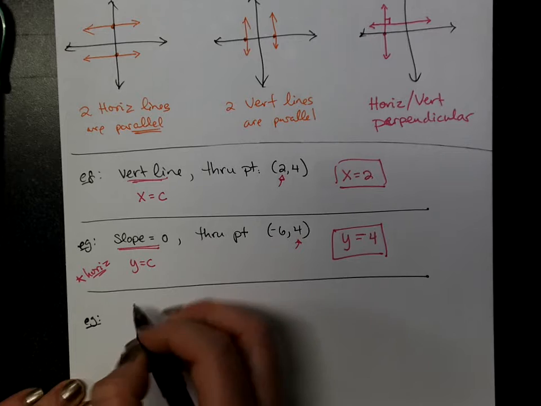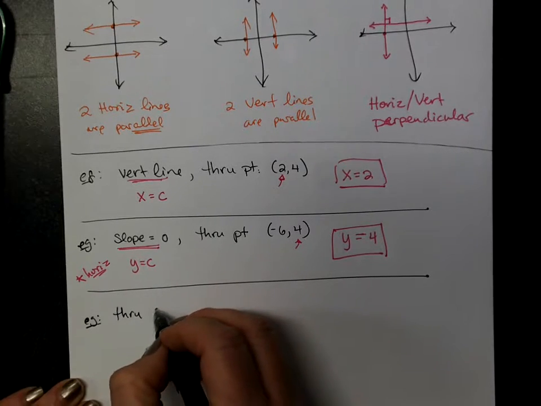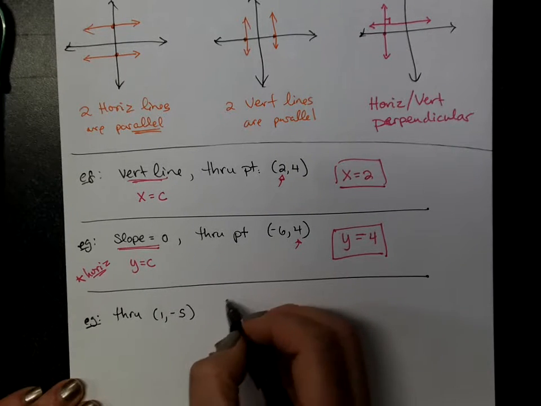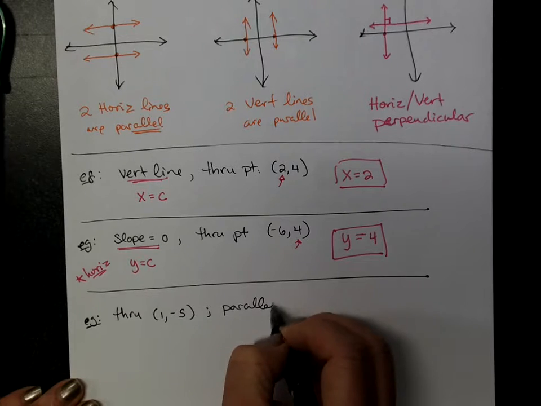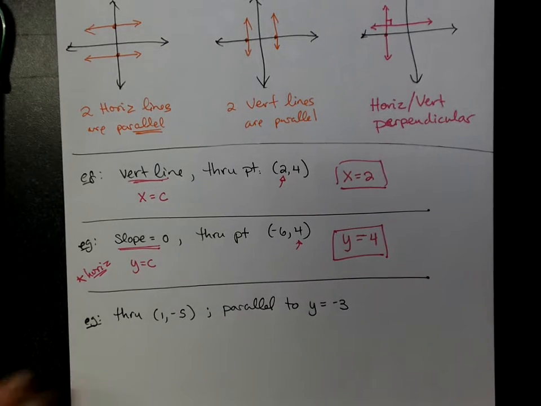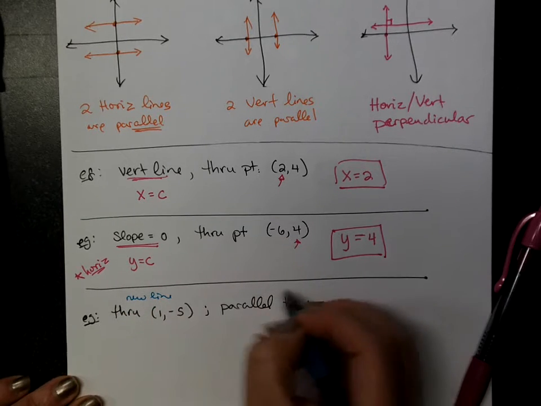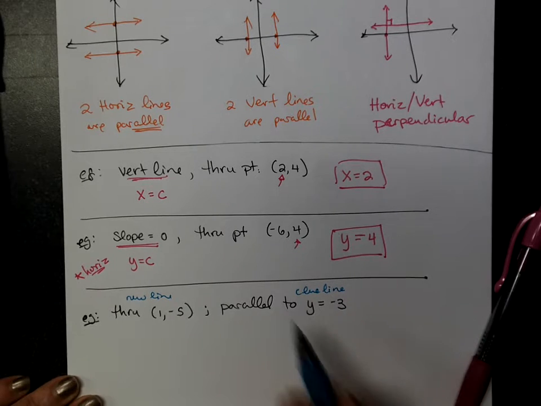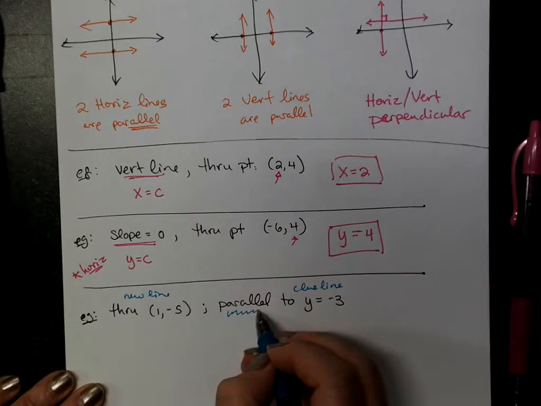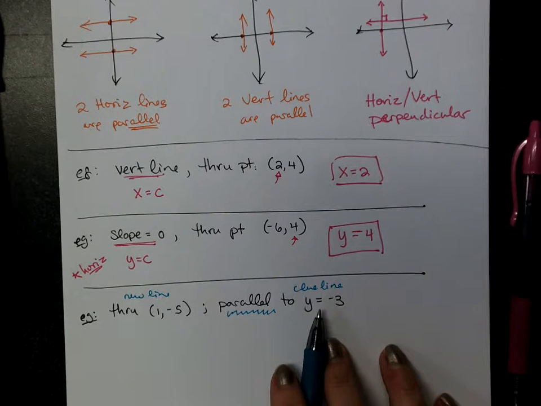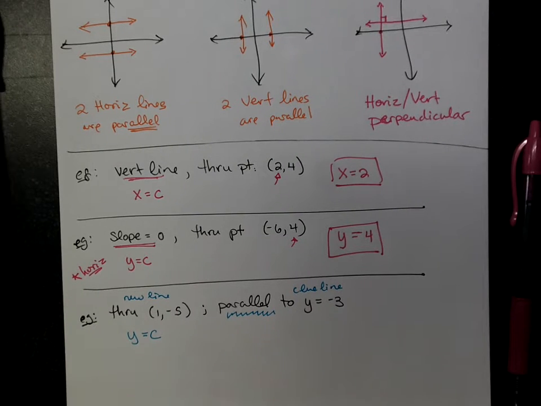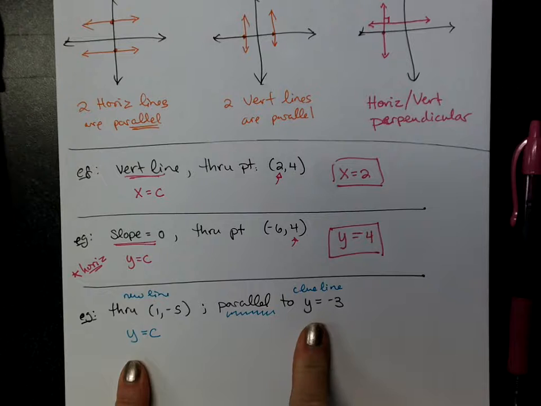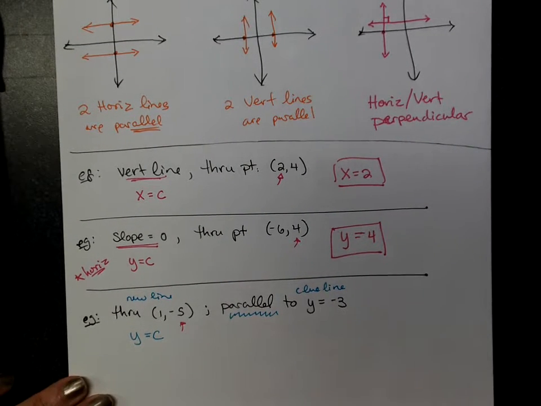Another clue you may be given would be like this. You've got a line that goes through the point (1, -5). I need some other clue, because any line could go through that: diagonal, horizontal, vertical. So I'm told that it is parallel to y equals -3. I've got a new line and a clue line. If they are both on the same graph, what is their relationship? Parallel. The clue line is what kind of line? Horizontal, so the new line will also be horizontal. I will make a note that my new line is a horizontal line. If they're parallel, they're both y equals lines. So what's the only coordinate that matters? My equation is